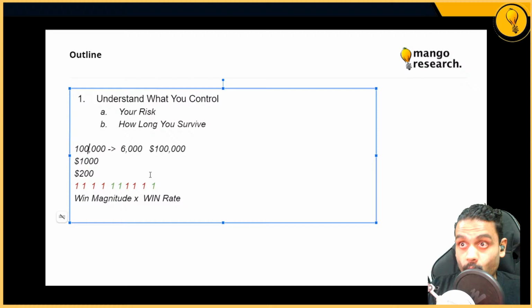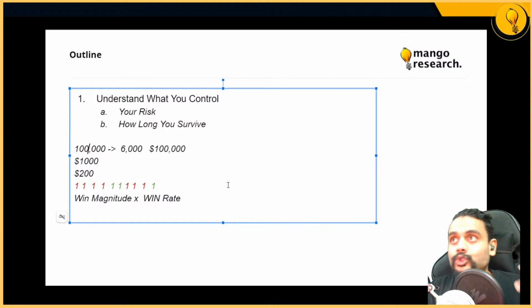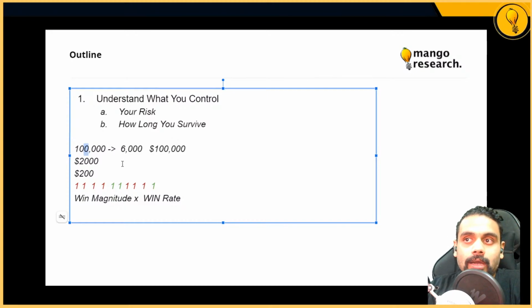For example, if you have $100,000, can you actually get away with this? Because this gives you 100 trades before you have ruin, right? Now, some of you might be saying 100 trades is a bit too much. Well, in that case, increase your risk to 2%, right? And then $2,000, then you have 50 trades before you have risk of ruin. So a good example would be a $100,000 account, right?